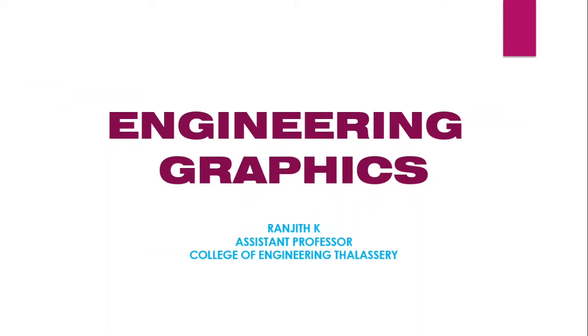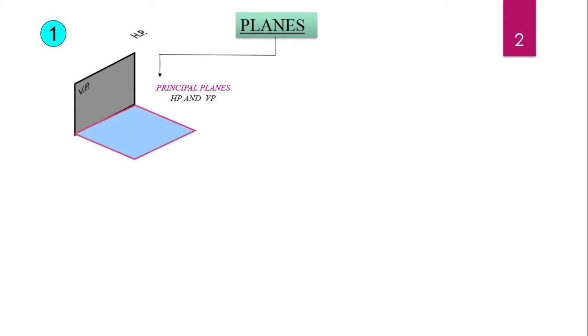Welcome to all. Today we will look into the first angle projection and third angle projections in engineering graphics. These are the different types of planes. We have already discussed various planes, principal planes HP and VP, horizontal plane and vertical plane. Here VP is a reference plane which is vertical, and HP is a horizontal reference plane, and that HP is always